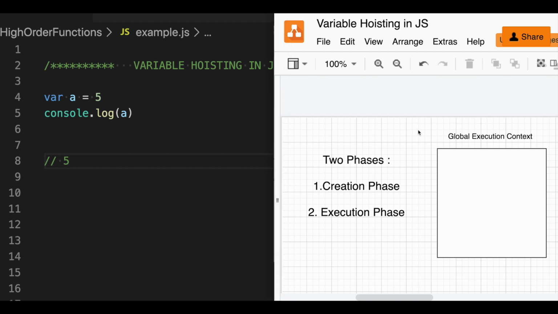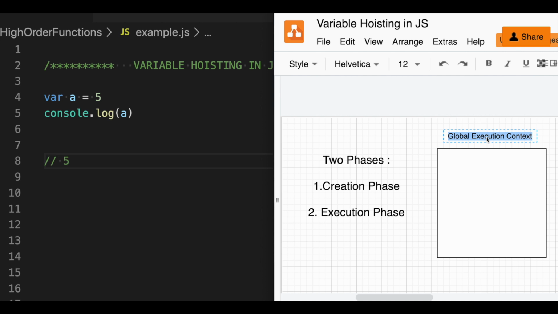That environment holds all the variables and functions you declare, anything that needs to be kept in one environment. We'll learn more about this in upcoming sessions. This whole concept of execution context is the main funda behind all the weird concepts of JS, like closures, scoping, hoisting. So we need to understand this.